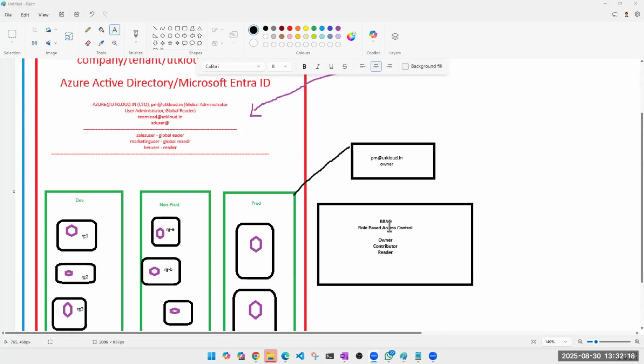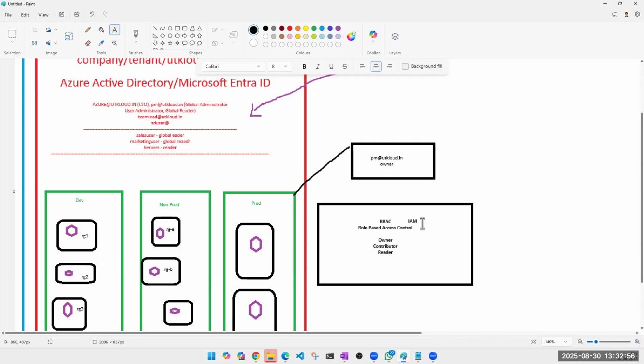So now, talking about RBAC roles. Remember RBAC, I have been saying this again and again because in an interview you are exactly going to hear this word, either RBAC or IAM. It is identity access management. And when we go to the portal, you don't even see RBAC, you will see IAM. But IAM and RBAC are exactly the same thing. There are two names for one thing, like Azure Active Directory and Microsoft Entra ID, two names for the same thing. RBAC and IAM, role-based access control or identity access management, exactly the same thing, right?